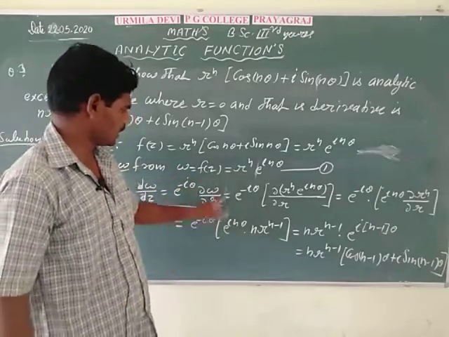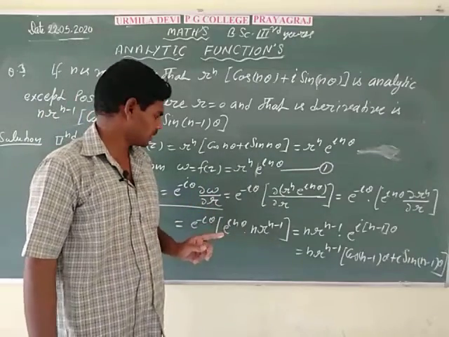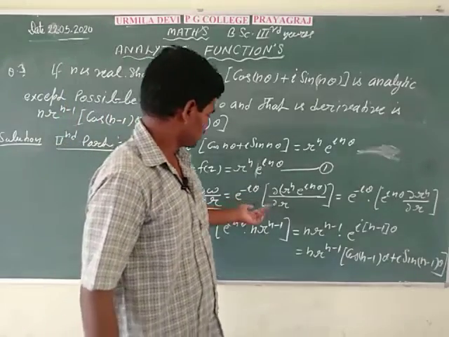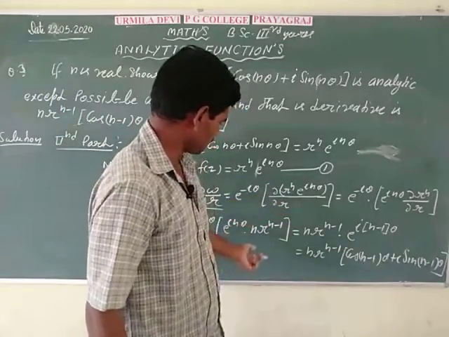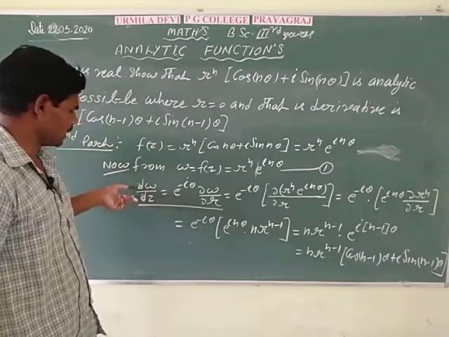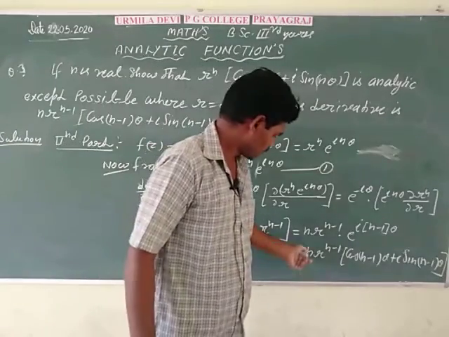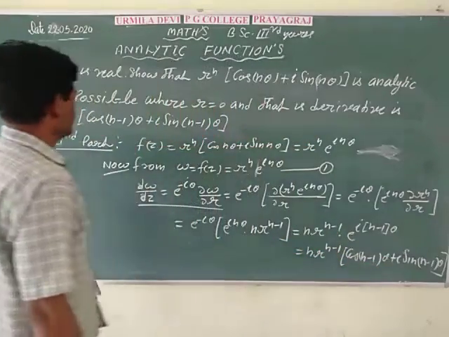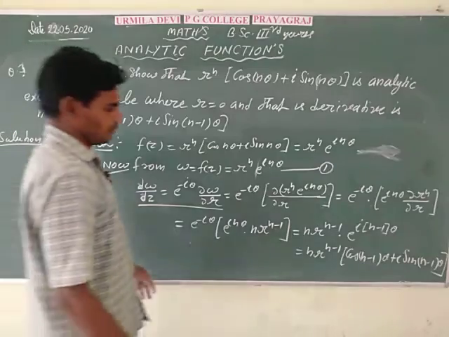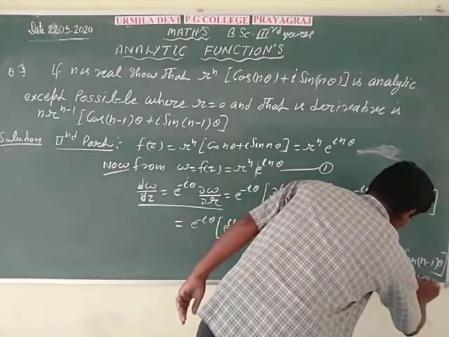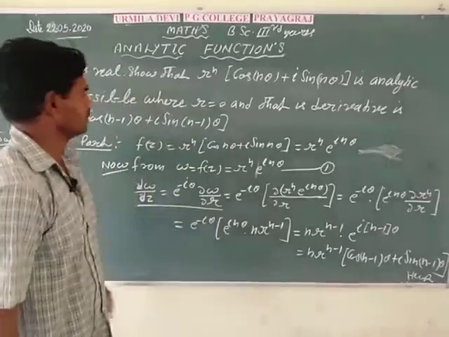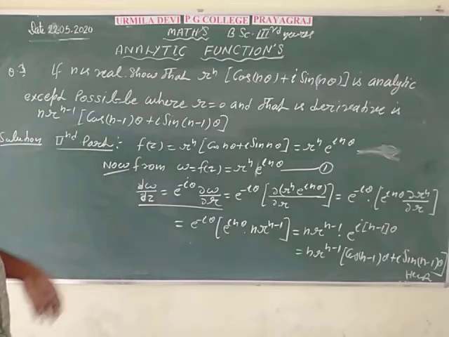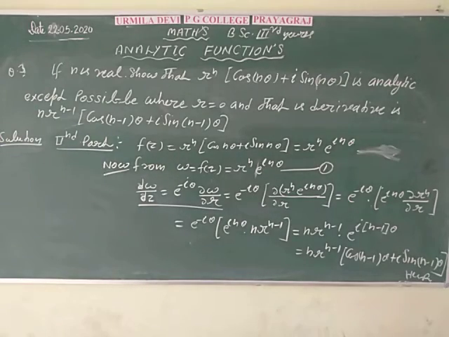So it is only necessary to calculate the partial differentiation of the given function w with respect to r, and here this is used to find the total differentiation of w, which is equal to n r to the power n minus 1 cos n minus 1 theta something. Therefore it is confirmed and proved, hence proved. So question third is completed, and this is the second part you can discuss.